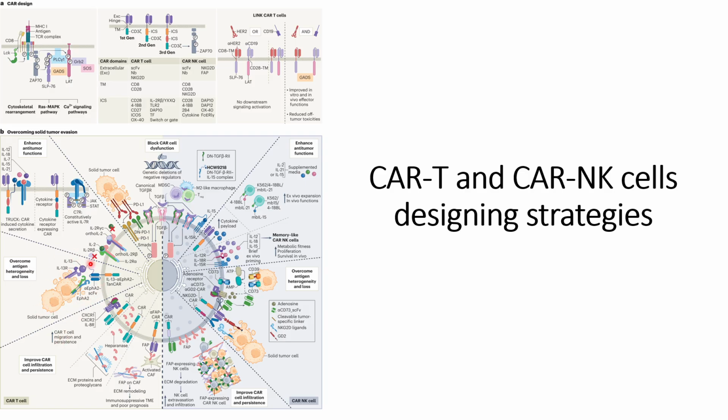The other thing mentioned here is about overcoming antigen heterogeneity and loss. This is similar to what we have discussed for CAR NK cells, but on the left hand side this is more about CAR T cells. So in the CAR T cells, this can be done by designing single chain fragment variables targeting EphA2, and it can interact with solid tumors, and thereby